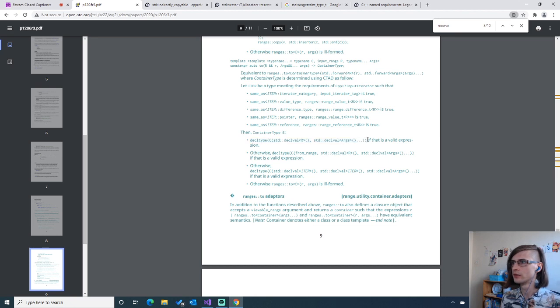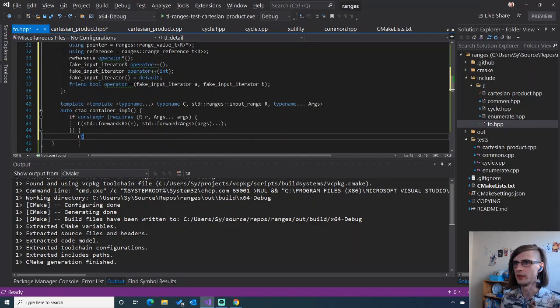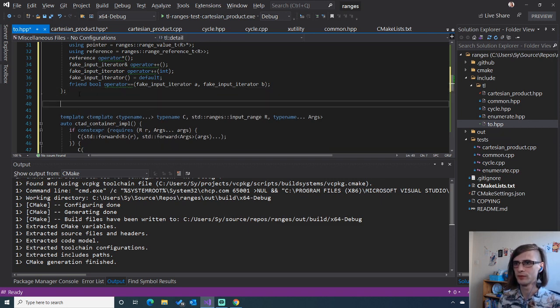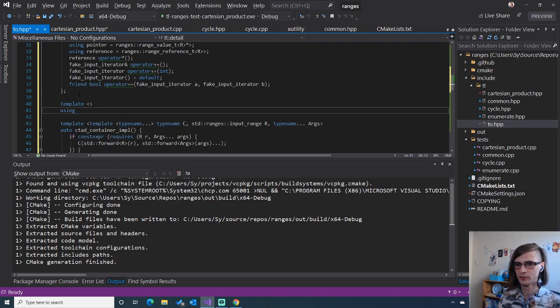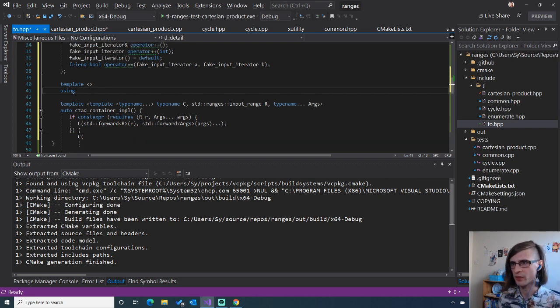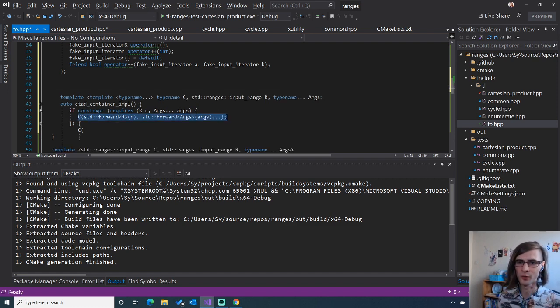Because I can go ahead and copy paste this, given a bunch of template nonsense, base concepts, what do you mean? And should I work out what the easiest way to write this? Just requires, yeah, I can write the requires expression, right? But that just tells me if this is valid or not. I then also want to get the